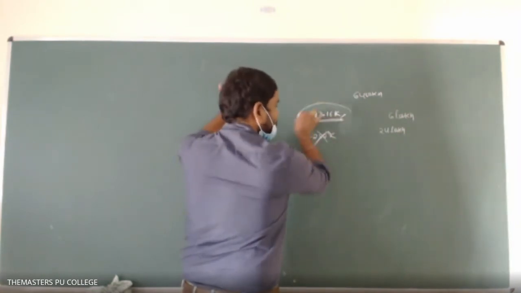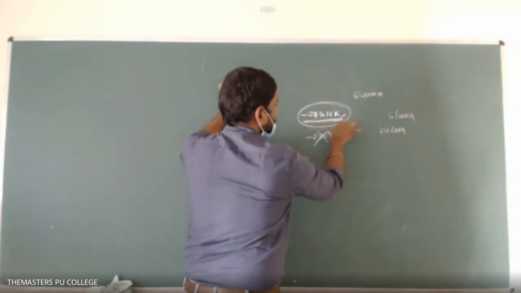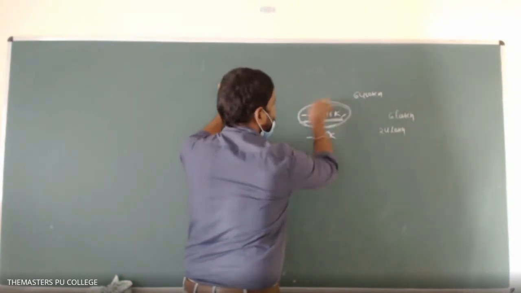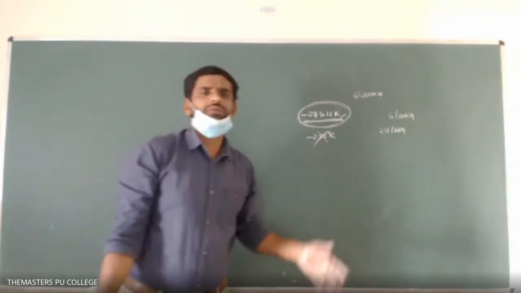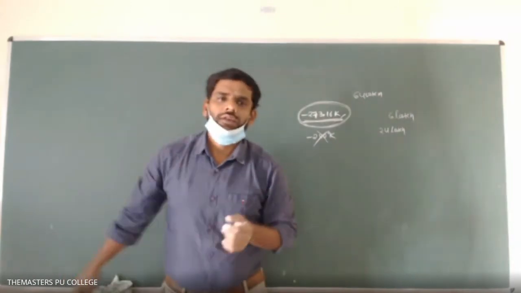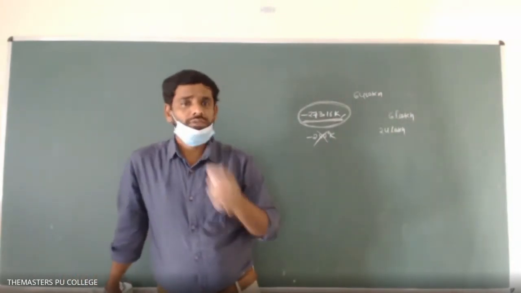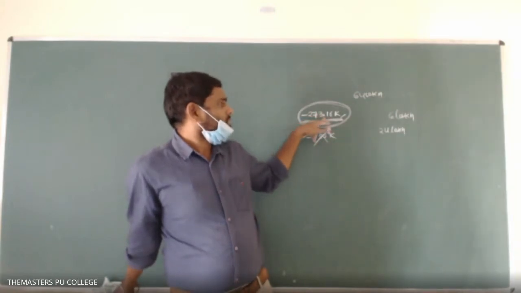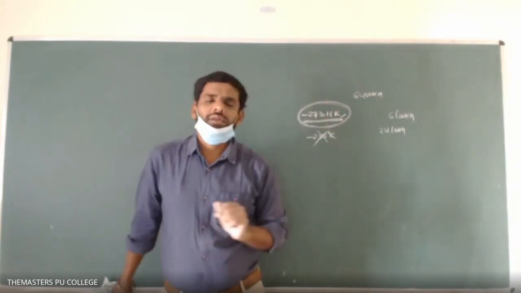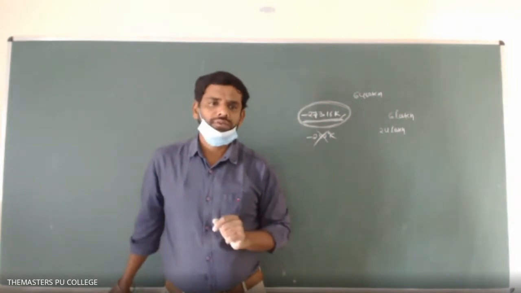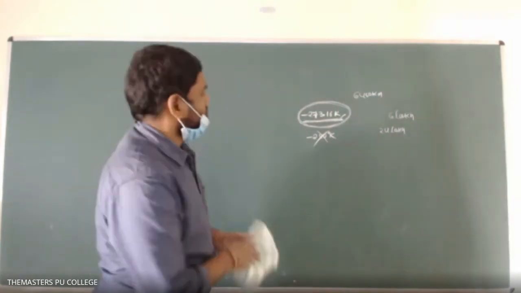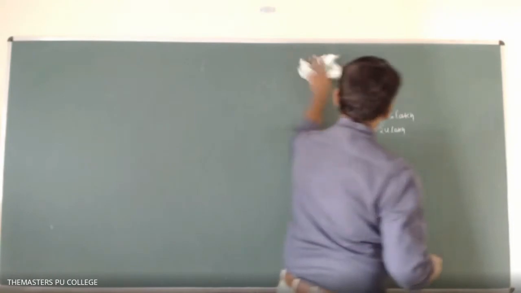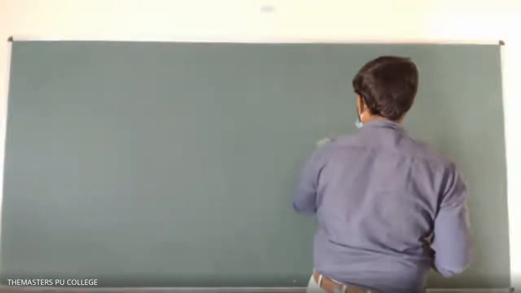So this is the origin of the Kelvin scale, and that's why this scale is also called the absolute zero scale. Kelvin scale is often called the absolute zero scale because it starts from the temperature minus 273.16 degree Kelvin. So that is one of the importance of this. So let us go with a few problems based on the thermometry that we have seen.